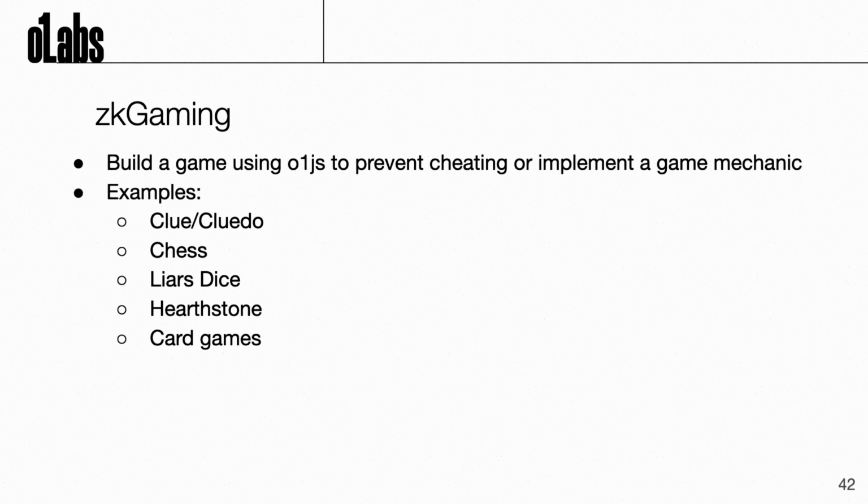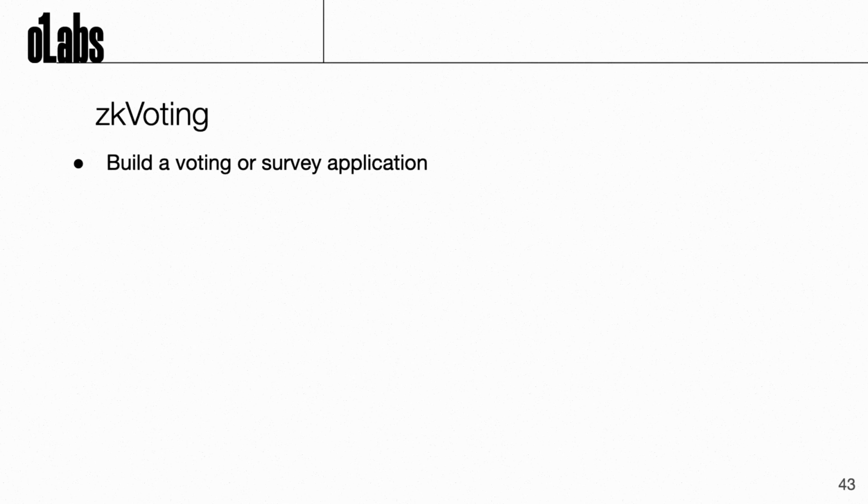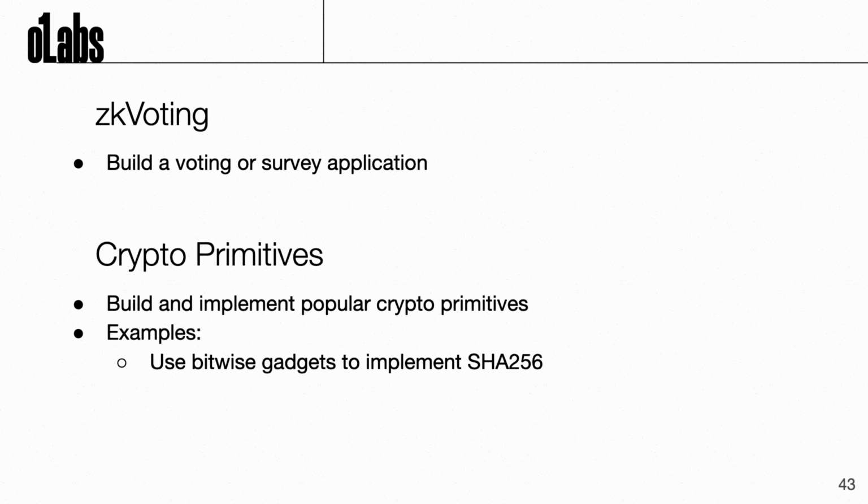We hope everyone is creative. We are open to new ideas. Just giving you a couple of ideas. So there's Hearthstone, card games like poker is a big one, chess as well. Then ZK voting, like I mentioned previously, just simply build a voting application or a survey application using zero knowledge. You can use ZK for either scaling, either privacy. You can even prove the tallying of the votes. So there's a big thing there.